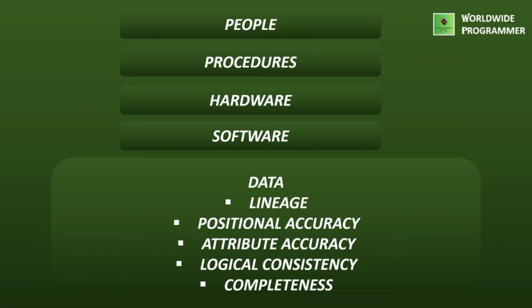Last one is completeness. This is a check to see if relevant data is missing with regards to the features and the attributes. This could deal with either omission errors or spatial rules such as minimum width or area that may limit the information.